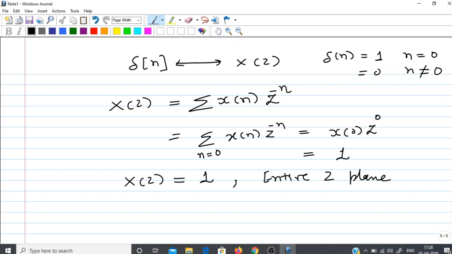We saw that for a finite duration sequence, the ROC would be the entire Z plane, but with exclusion of two possible points: one is R equals 0 and another is R tending to infinity. So here we close the discussion on the Z transform of finite duration sequences,